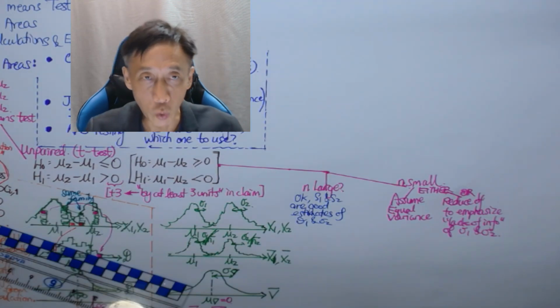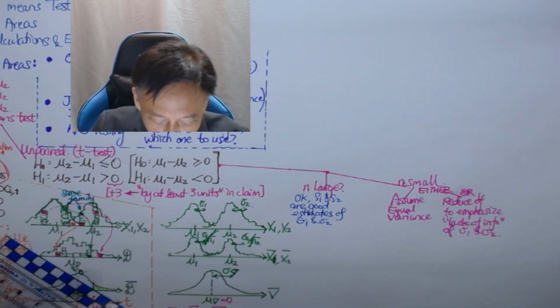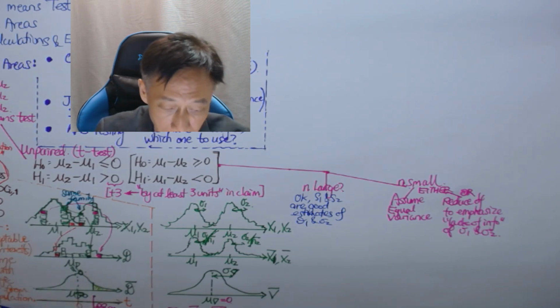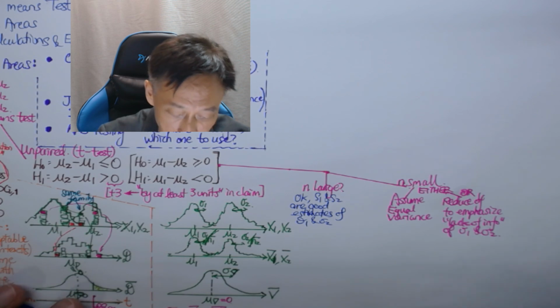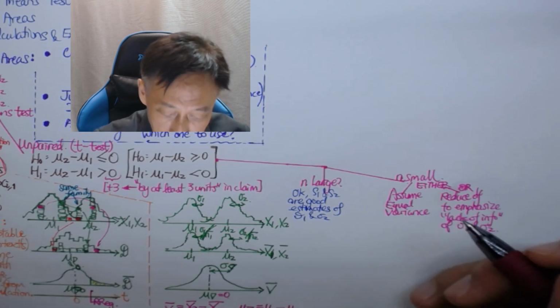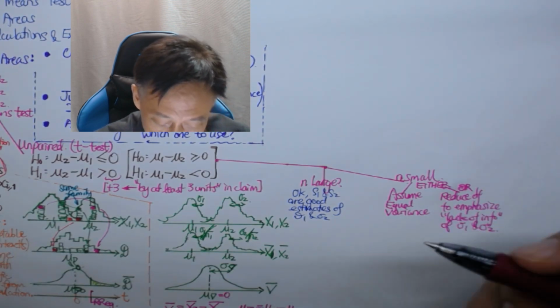Because both ends are large, we have no trouble. And so our test statistic is going to be a combination of